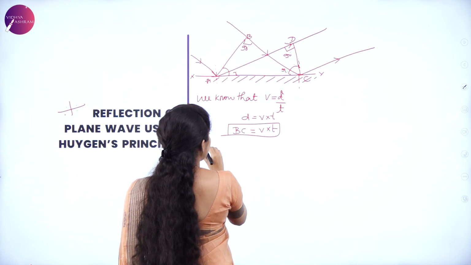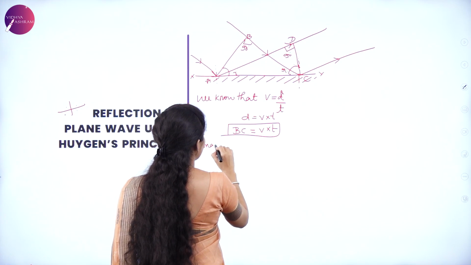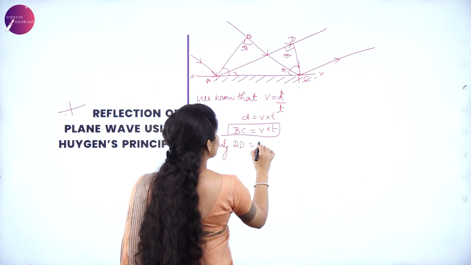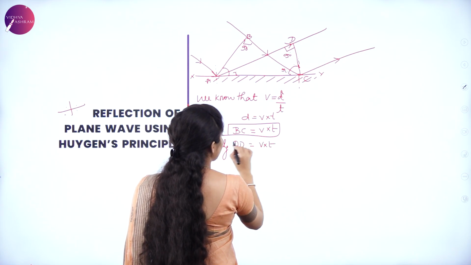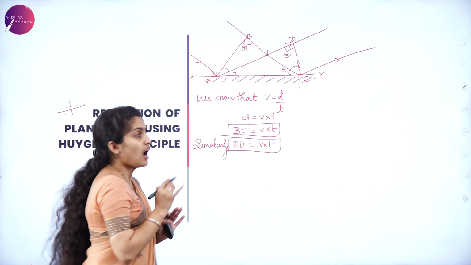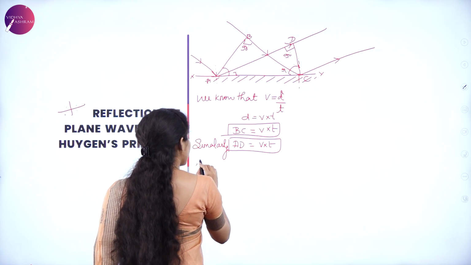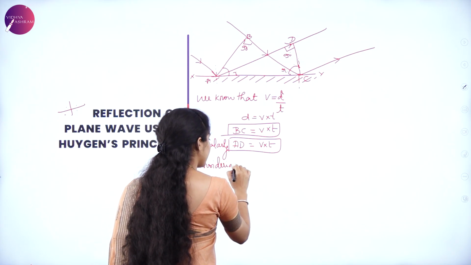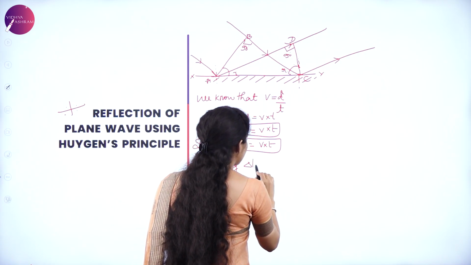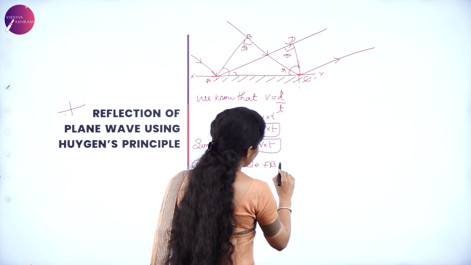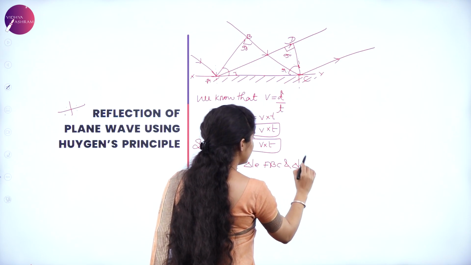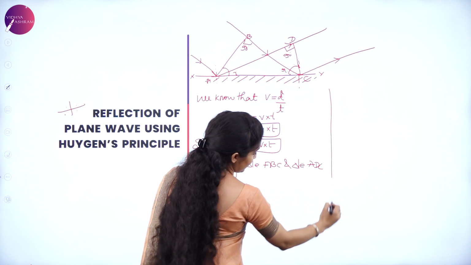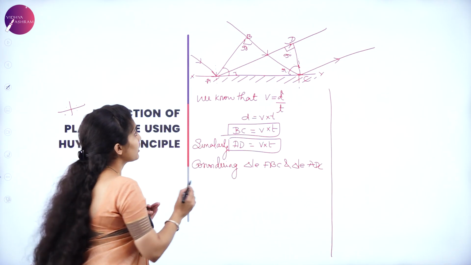And similarly, we have AD is equal to the same, it is V into T. Both are same. Now, starting on with considering triangle ABC and triangle ADC, two triangles, we know that